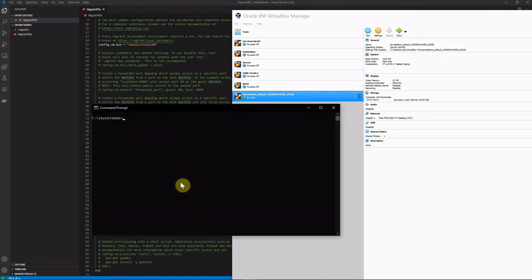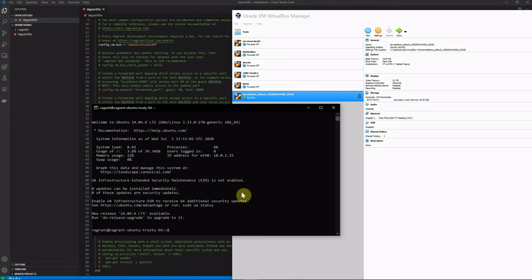So let's clear my screen, and now I am going to SSH into the VirtualBox. For that we can use vagrant ssh. We are managing this VirtualBox using the command prompt only. That is why we use Vagrant. It will be much easier. So now we are in that machine. As I mentioned earlier, this is an empty box.